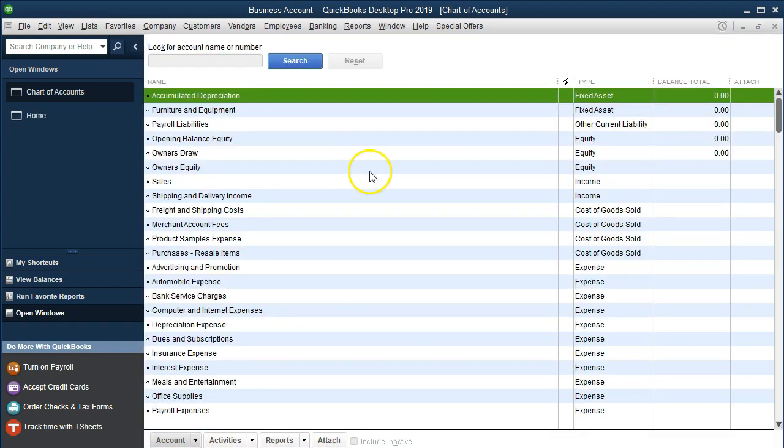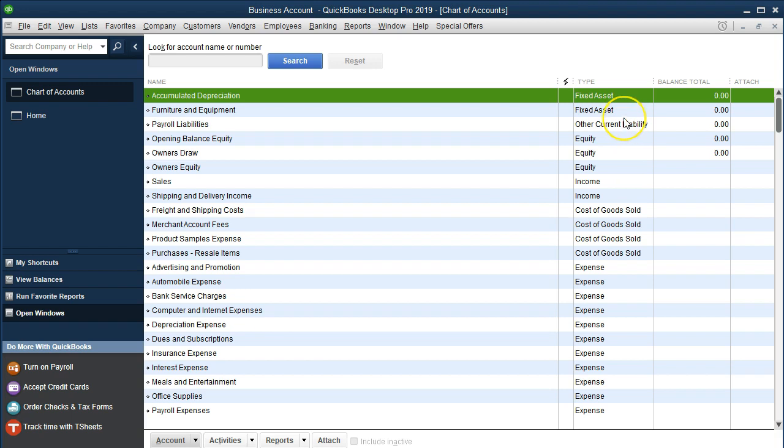The chart of accounts has been generated for us by the fact that we chose an industry. So we have this nice chart of accounts. Note the order of the chart of accounts. This will be important when we create our new accounts. Most of the new accounts we create are usually going to be expense type accounts. But note that it's in order of assets, liabilities, equity, income, and expense, and more specifically in order of type